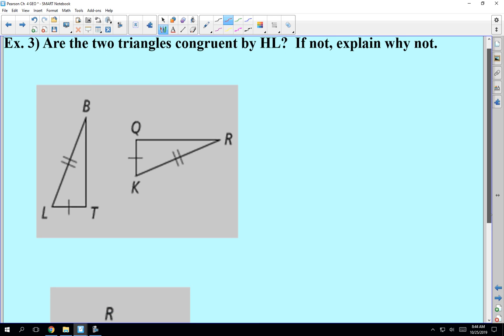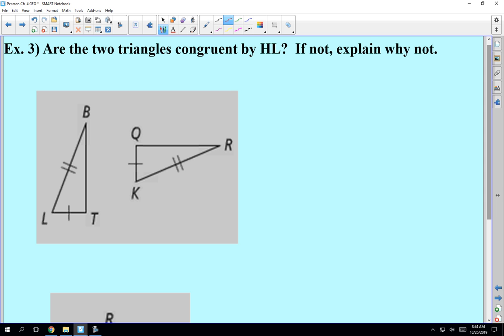All right, so you'll be asked, also in the homework and on the proof packet, to use everything now that you've learned. So all 5 of these, you now have 5 to work with. Are the triangles congruent by HL here? We're trying to trick you here. They look like right triangles, but what makes them right triangles in the drawings in geometry? They've got to have that little marking. So since they don't have the little marking, they are not marked